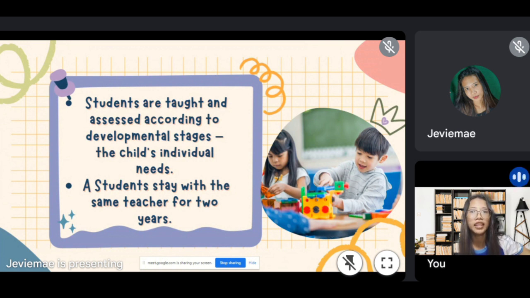Having a small class size allows each teacher to know their children well and serve them not only academically but socially and emotionally. Students stay with the same teacher for 2 to 3 years, with only the oldest students advancing to the next group. Next, programs are planned which are developmentally appropriate for each student regardless of their age or grade level.